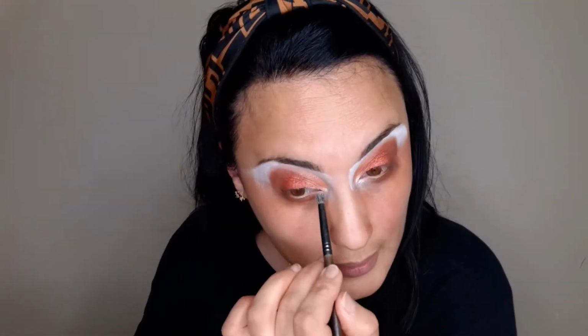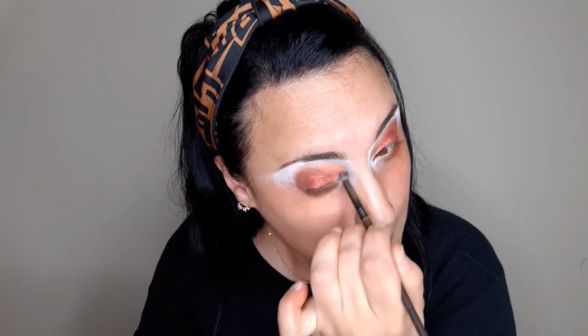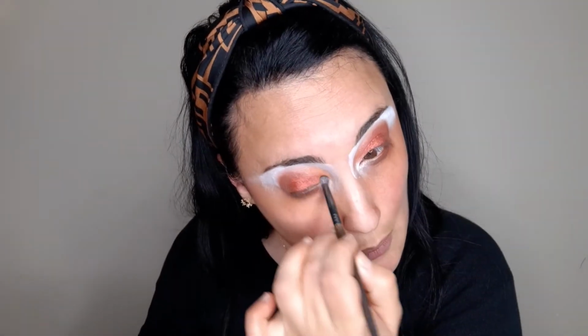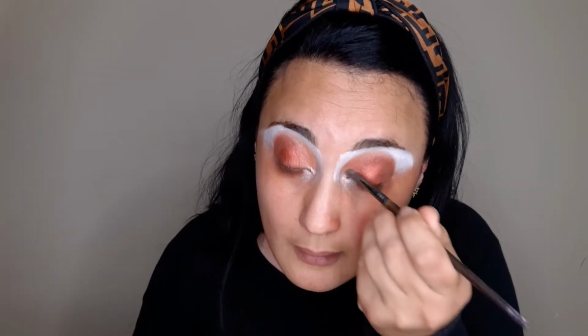And I'm just going to put slightly a little bit of this color on the corner of my eyes. Press and tap, press and tap, press, tap, press, tap. And I'm slowly covering also the beginning of my waterline with it. And gently and just a little bit taking that color and bringing it on the